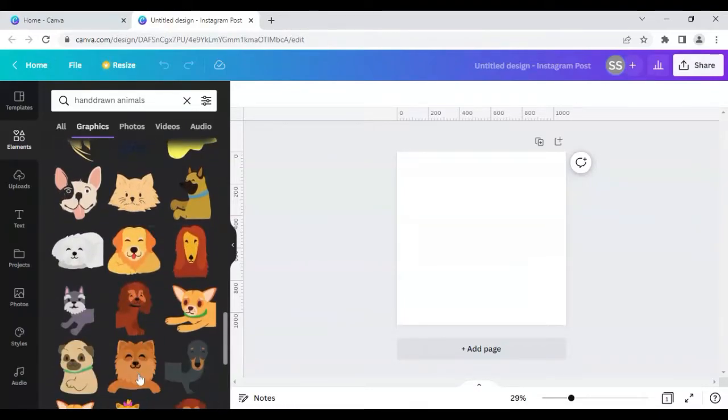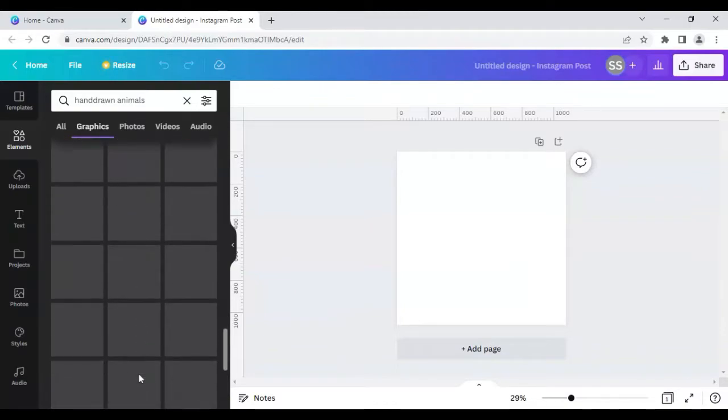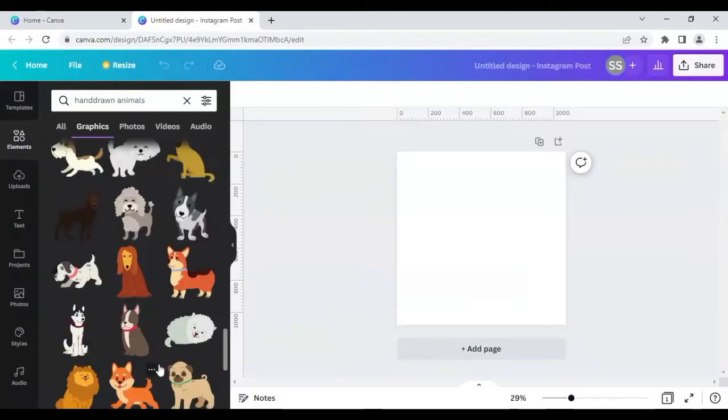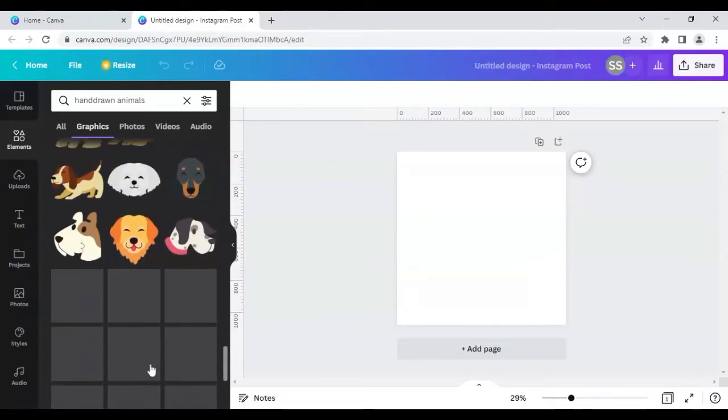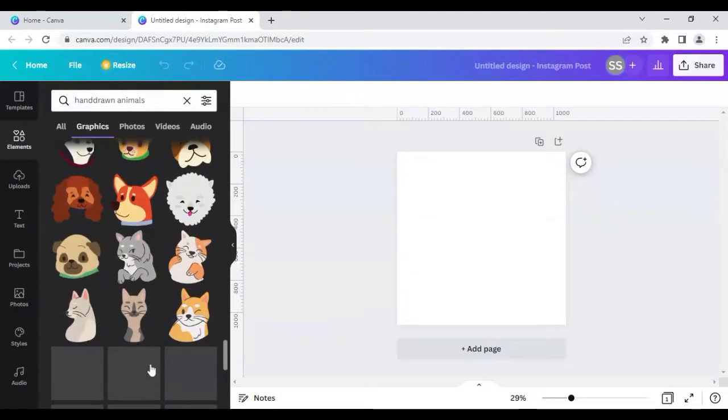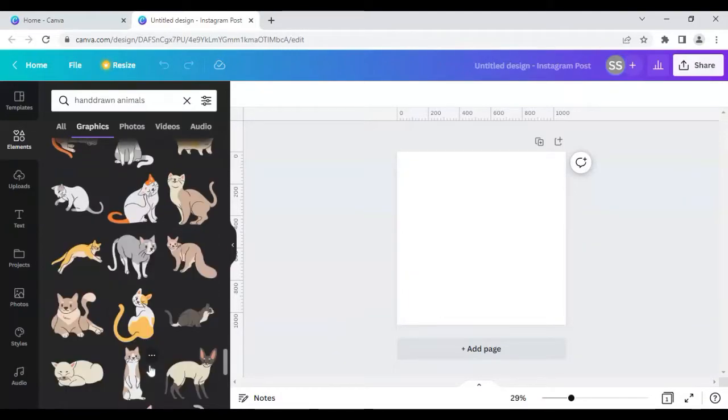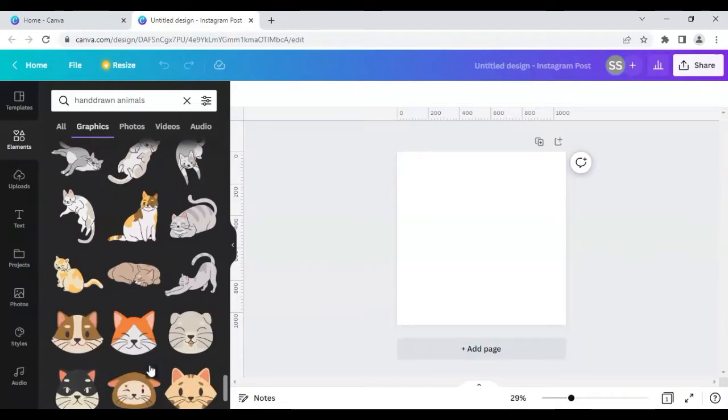Okay, so this is the second keyword, and as we scroll down we find this huge collection of hand drawn elements present here. As you can see, I am scrolling down and there is no end of it. So I will now scroll down further and move to the third keyword, which is